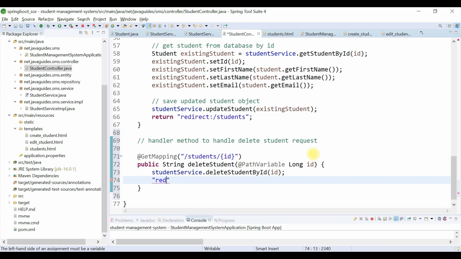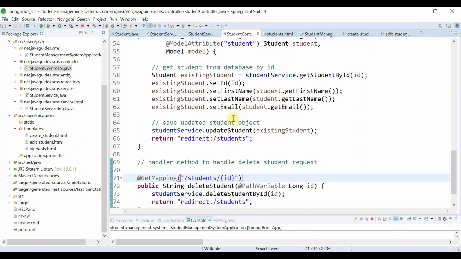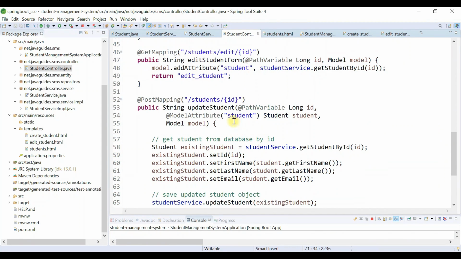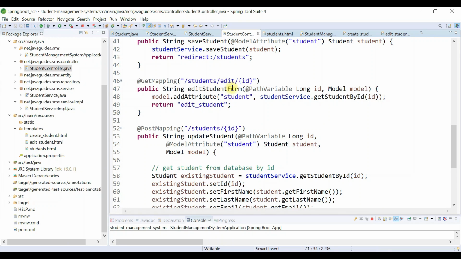For that, let's redirect to the students page. Perfect. Okay, let's save the file, and let's see how this delete student functionality works.